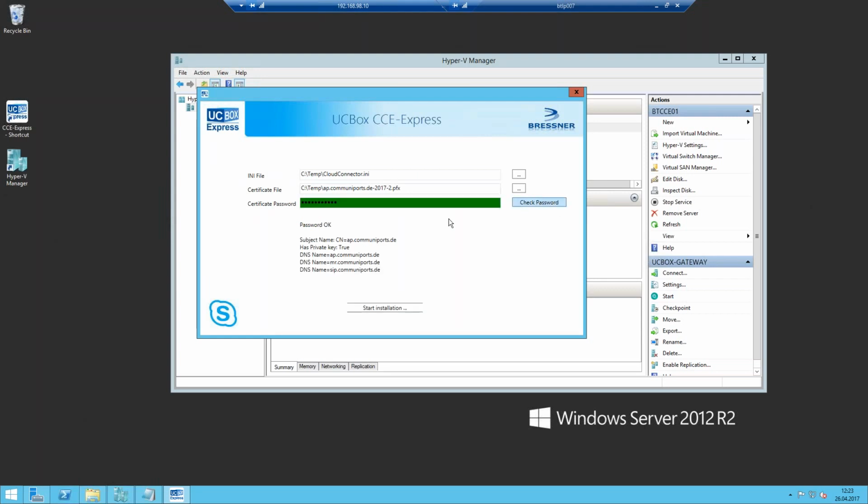certificate. You can check the password, so it's lit in green, it's okay, and you can see the SAN entries in your certificate. So the most important things for successful installation of the Cloud Connector edition are the Cloud Connector INI file and the certificate. It's really important. If there is trouble during the installation, there's always a mistake in the Cloud Connector INI file, or there is a certificate which is not trusted by the O365 environment. So be careful if you